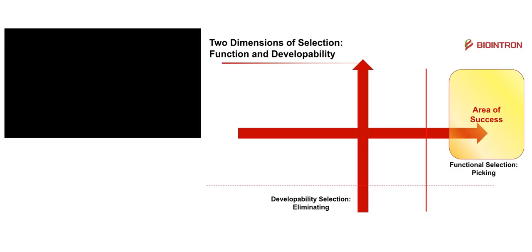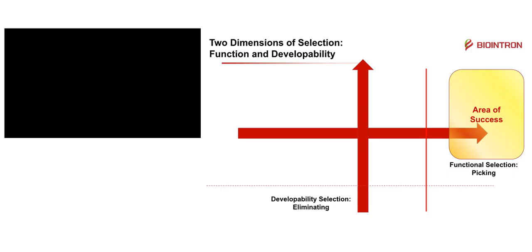before, when we are working on monoclonal antibodies, since they are natural antibodies, and mostly they are coming from immunization, either by mouse or humanized mouse or other animals, there is already selection pressure in place in vivo. So before, the scientists were mostly focused on functional selection. That means picking good candidates. But since right now we're working on more and more difficult molecules, we want to eliminate the bad candidates,